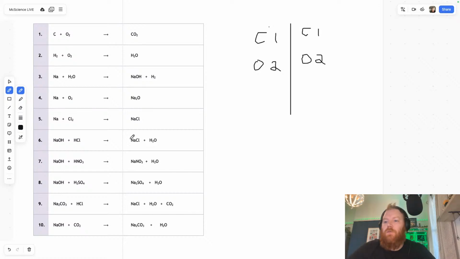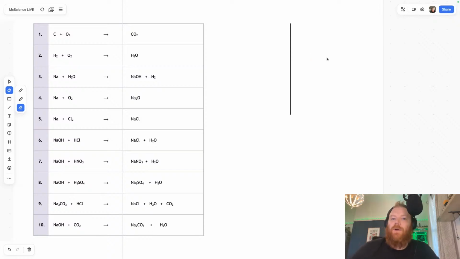Now, on this, if we clear that answer now, on this next question, what we have is a hydrogen molecule, so H2, and we would add that to our oxygen molecule as well. So with this,